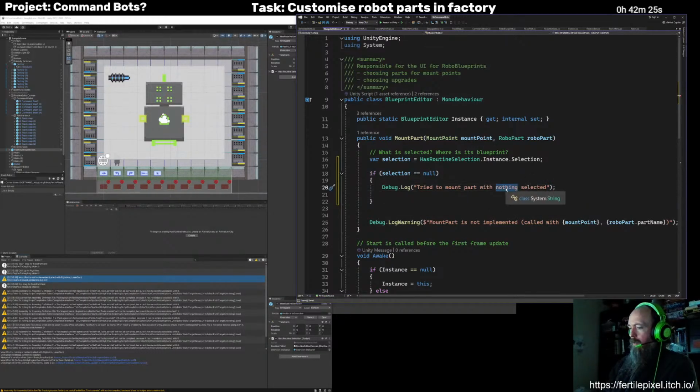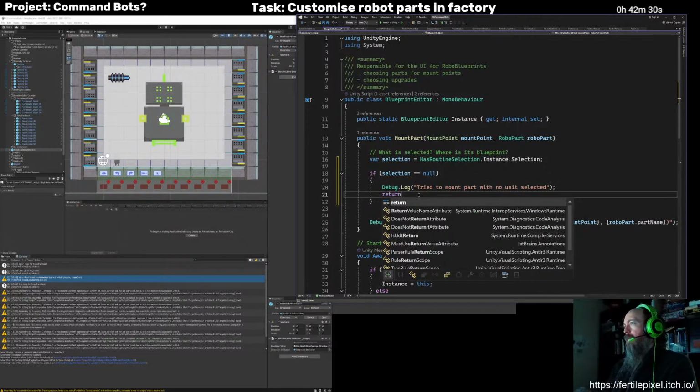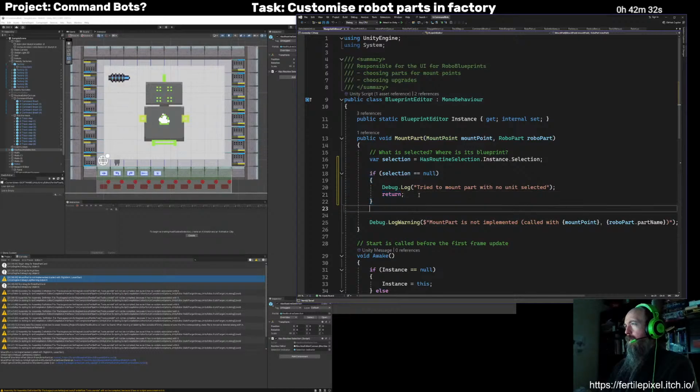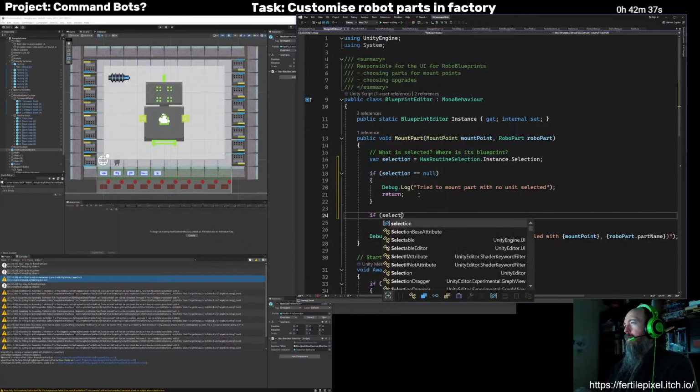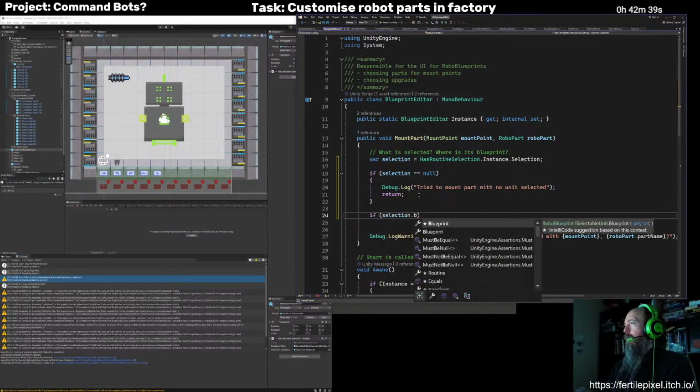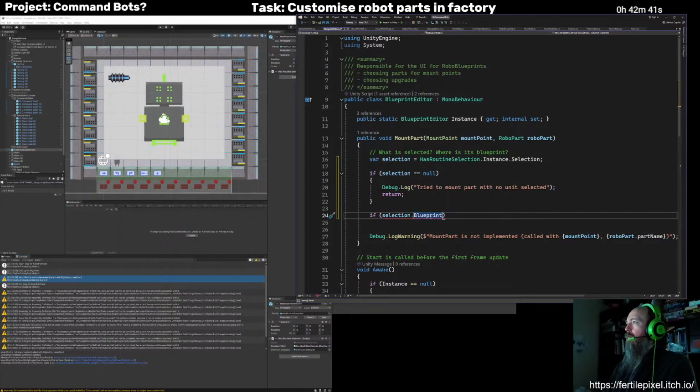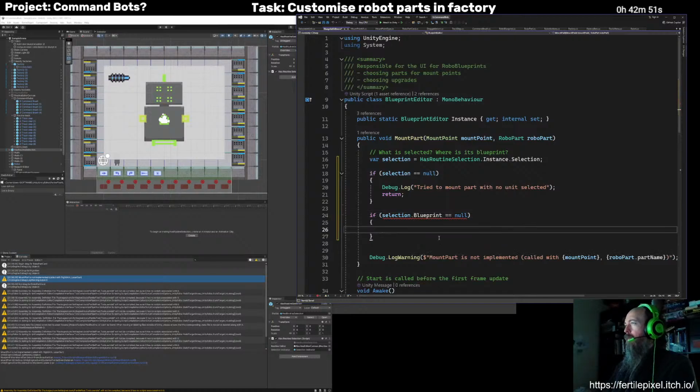Nothing, no unit, I think. There we go, so we'll guard against the selection being null. And now, do we need to check that? I think it can't be null because it's a struct, so that's fine.